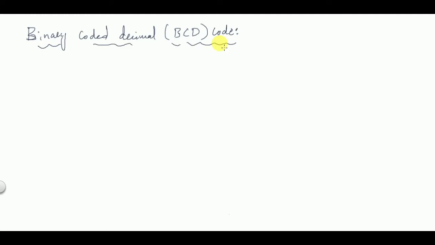So we have already discussed three types of binary codes in my previous video, right? So this is the fourth type of binary codes. Okay, so binary coded decimal 8421. Okay, so 8421 is called natural BCD code,